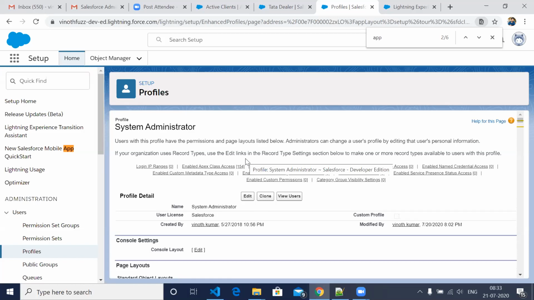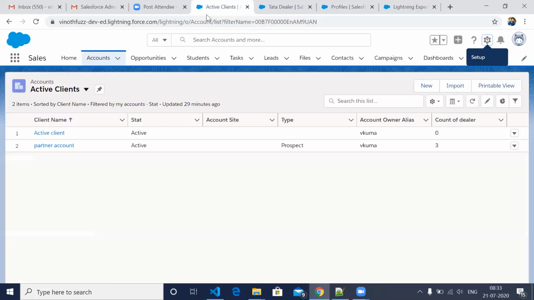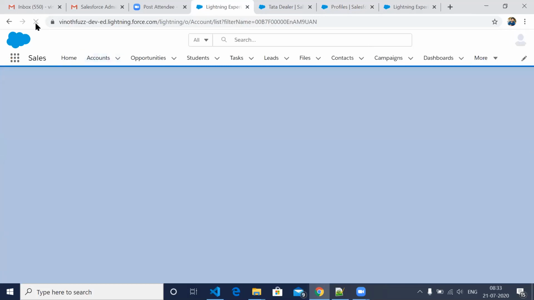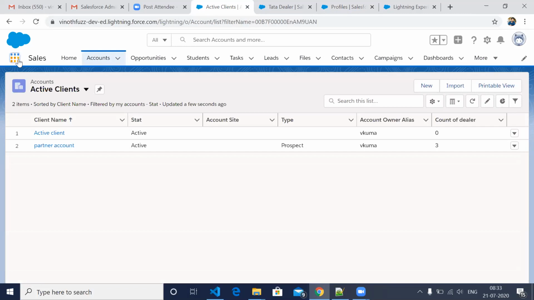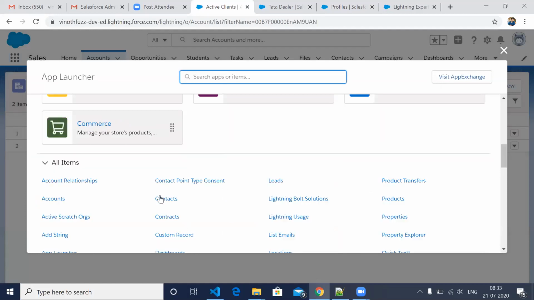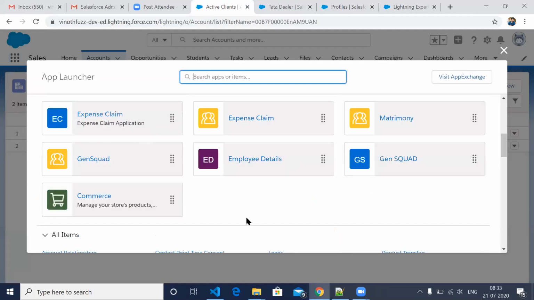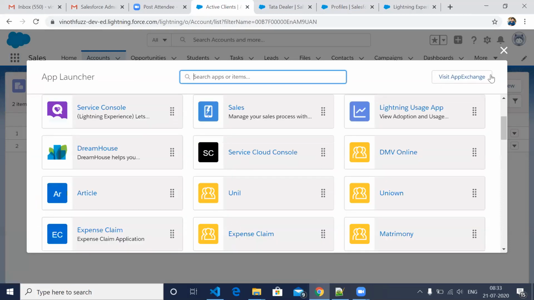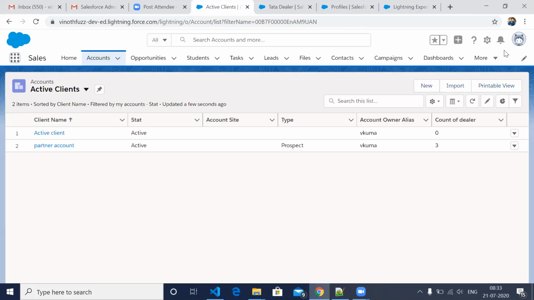So just now, I'm a system administrator and I removed the Ford application. If I reload this page and view all, see, now I'm not able to see the Ford application here. Before it used to be visible, right? So like this, you can control everything if they need to remove any access or give any extra access.